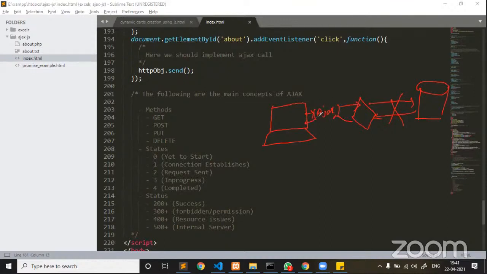Now, when you are sending a request from client, this is known as a client, which is also called presentation. This is known as server. So between these two systems, how are we going to establish a connection, the communication between these two by using Ajax? To do that, first step number one, you guys have to create an XMLHttpRequest object. After that, guys, listen carefully. How are we going to implement Ajax calls? For that, the methods are very, very important.